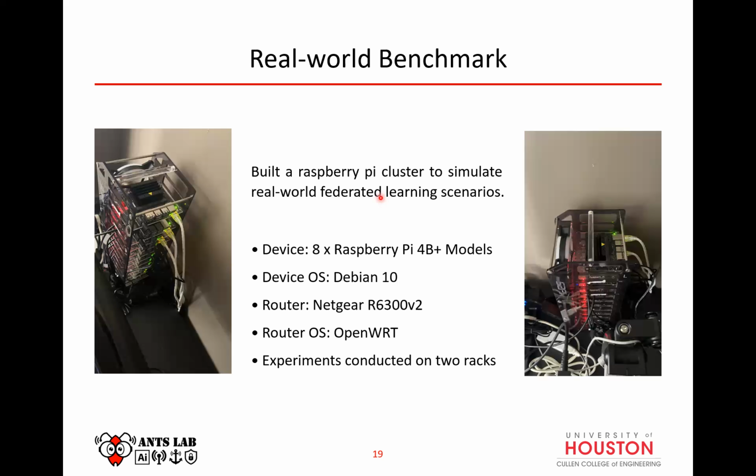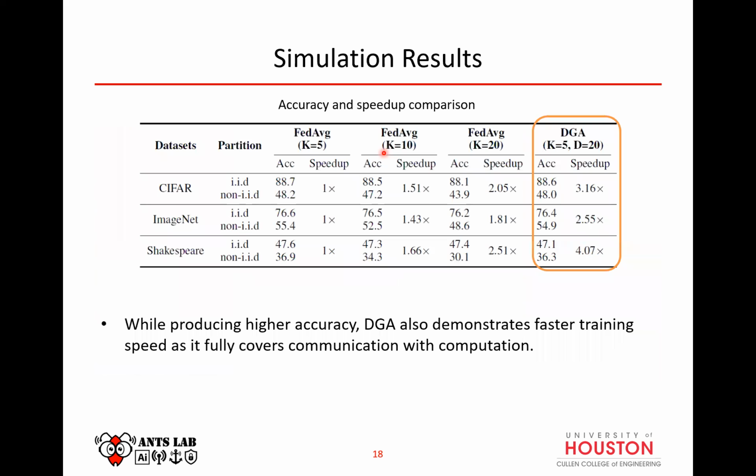So I will show the accuracy result first. For the accuracy for both the IID and the non-IID partition, they use just federated averaging as the baseline, but they change the number of local computations to 5, 10, and 20 respectively, and they see what the accuracy is and what the speed up is. They keep this one as the base and compare the speed up against this scenario, and they write the values of the speed up here.